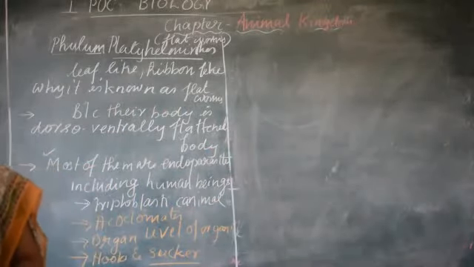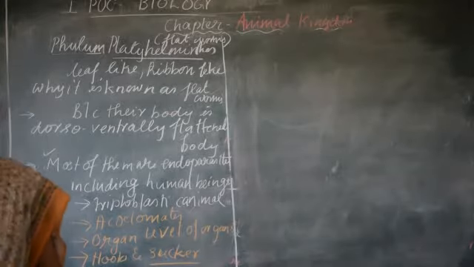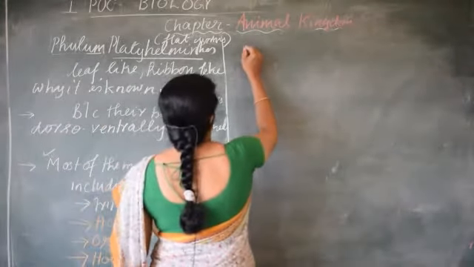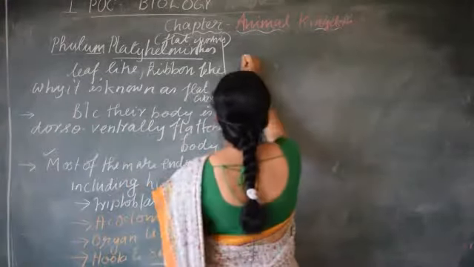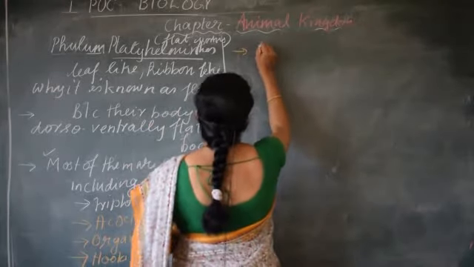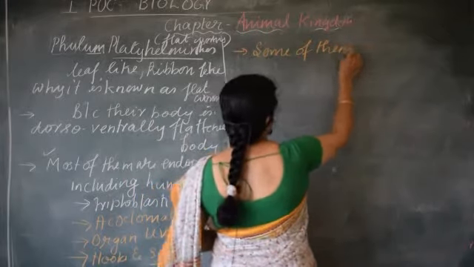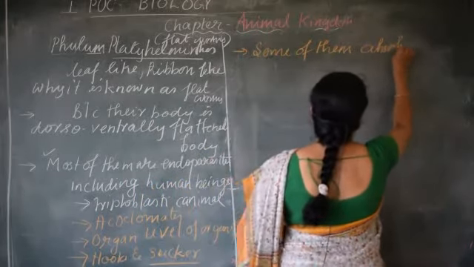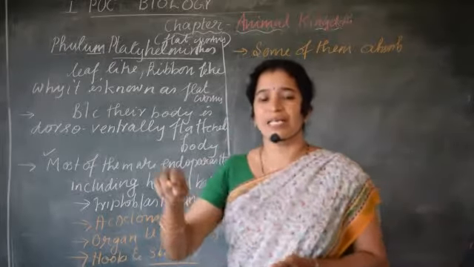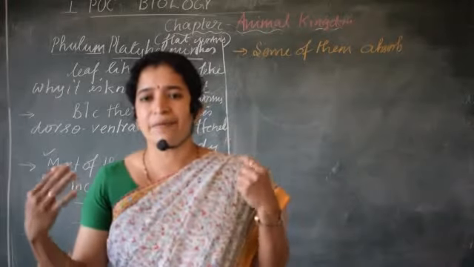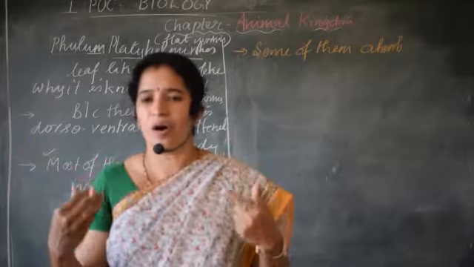Then it is found in parasitic forms. Then the next feature is this parasitic nature. We are now discussing their parasitic adaptations. Some of these Platyhelminthes absorb the nutrients. They may not have any special structures to absorb the nutrients from the host body. They derive their nutrients directly from their body surface, from the host body.